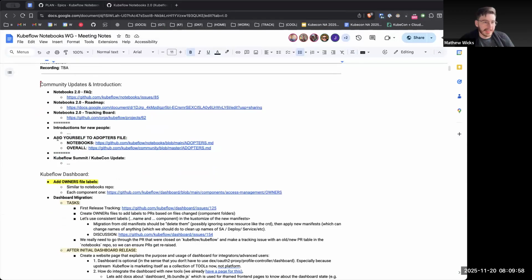I always say add yourself to adopters. We really should probably do this in a more public setting, because lots of people come by the booth at KubeCon and say they use Kubeflow, but getting people to put their name to a thing is always hard, right? It's like you get something for free. Please just put your name on it. It's the open source curse, that everyone assumes that it's going to be there forever.